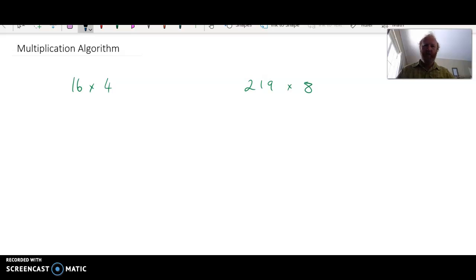This is a video on the multiplication algorithm, just multiplying double-digit or triple-digit numbers with a single-digit number. So in this case, I have 16 times by 4. I'm going to rearrange that so that they're written underneath each other here in that algorithm format. And the process here is to simply multiply first by the